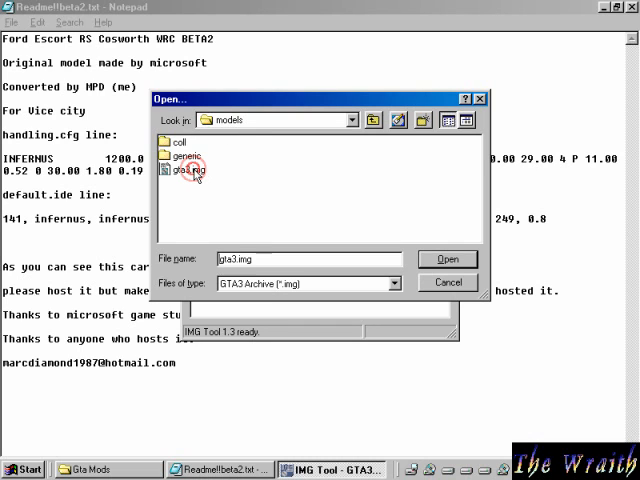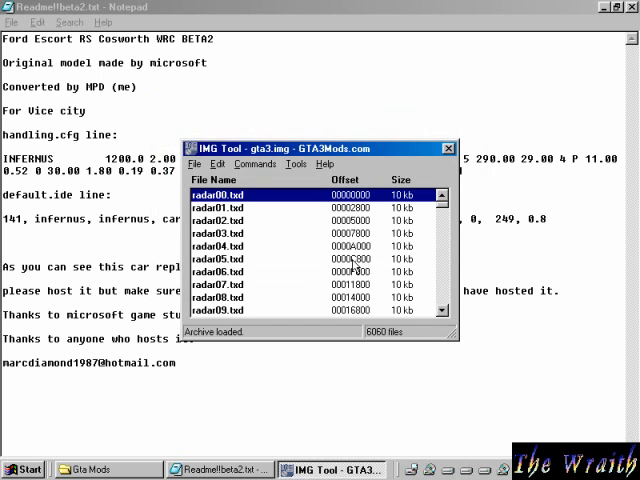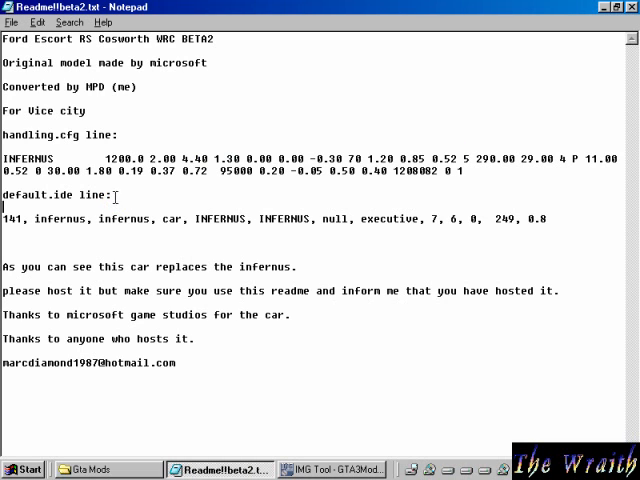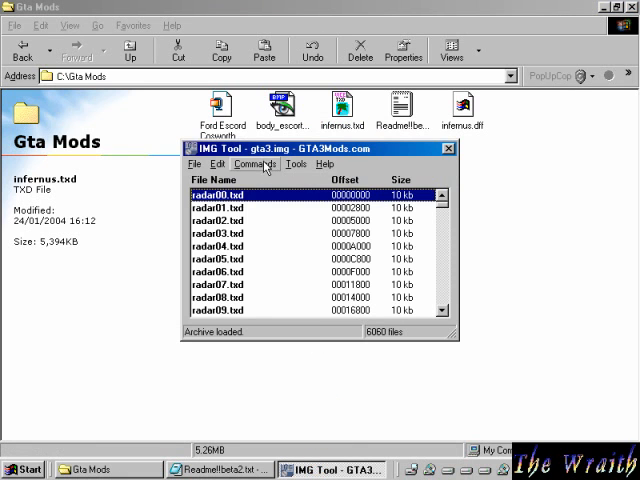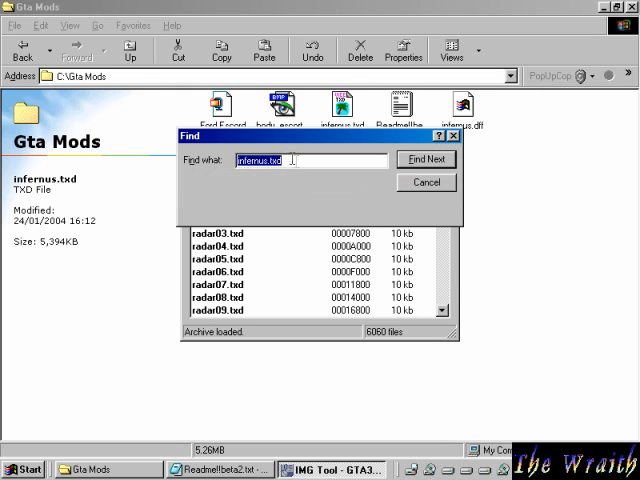Now we open that, and then on the readme we can tell it's going to replace the Infernus. So we're going to search for that. Click on it once there, highlights it easier. Now we found our first file, we extract that